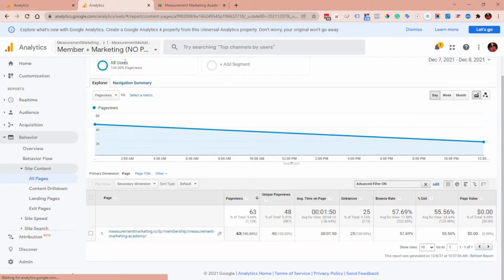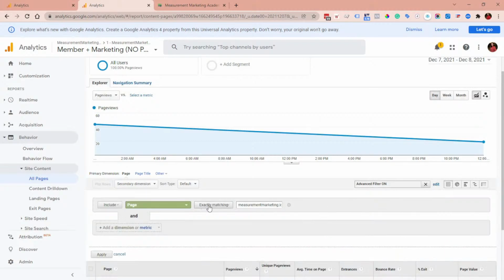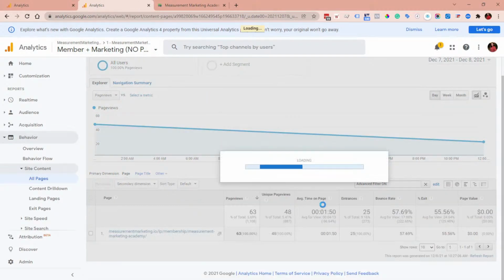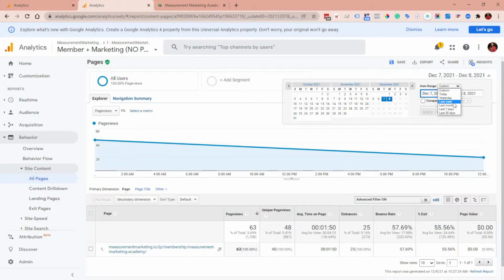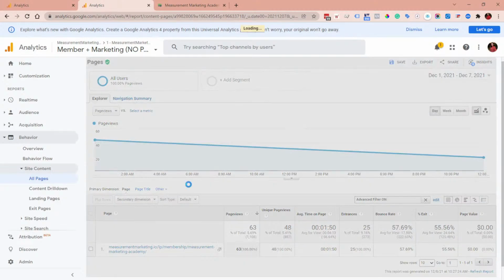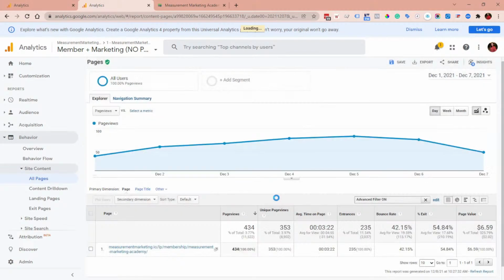And so for this particular view, our total number in this particular date range, which is only a few days, is 63. Then I'm going to edit, and we're going to change it to containing, because in this view I don't expect there to be that much difference between the two, and there isn't in this particular date range. So we can now change it to the last 7 days just to get a little bit wider date range. So